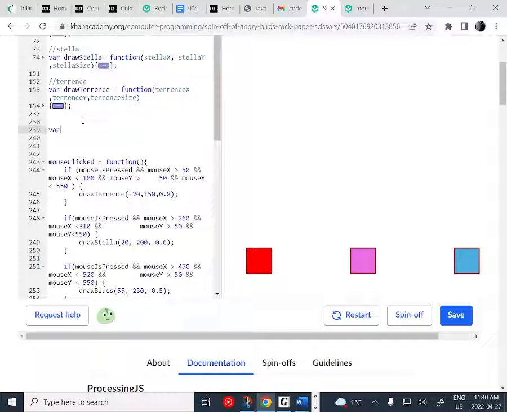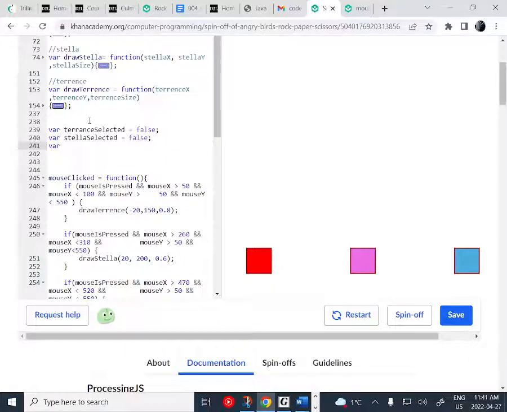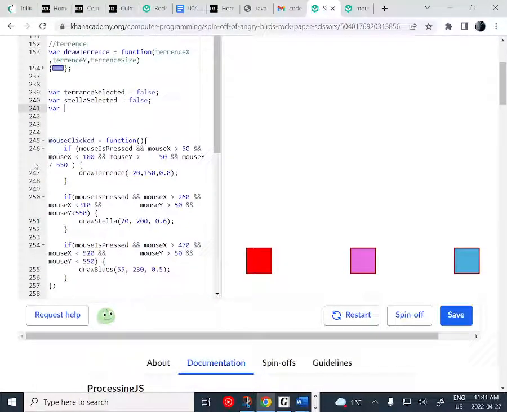So I'm going to go var, and let's say rock selected. Actually, I guess this is your rock, Terrence. var Terrence selected equals false. Now these are what we call Boolean variables. We haven't talked about these, but Boolean variables are of great use. So we're going to set them all to false. Var, and what's the other one? Stella selected. I hope you guys are going to have instructions on your game too, right? Because we're not going to know what beats what. Stella selected, and then var Blues selected